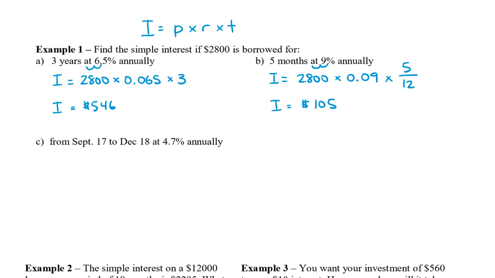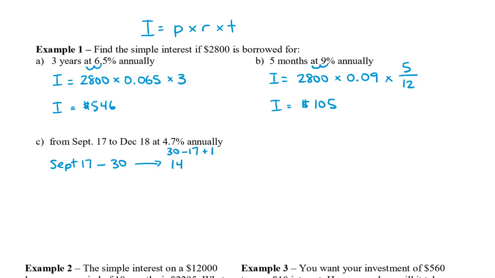All right, for this last one here, you can see that we actually have specific dates. So from September 17th to December 18th. So we need to count each of the days for each month. So in September, we're going to start at September 17th, and we're going to go all the way to the 30th, because September has 30 days. So this means that we have 30 minus 17, and usually people think it's just 13 days. But because we need to also include September the 17th, we need to add another day, and this will give